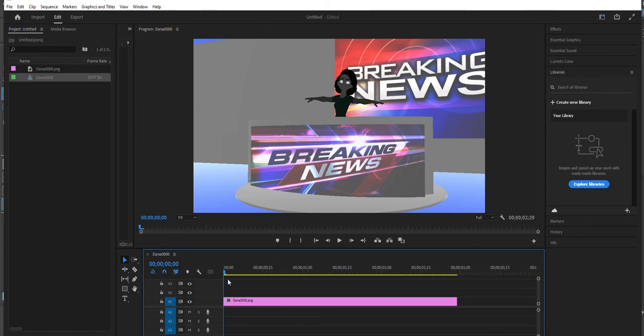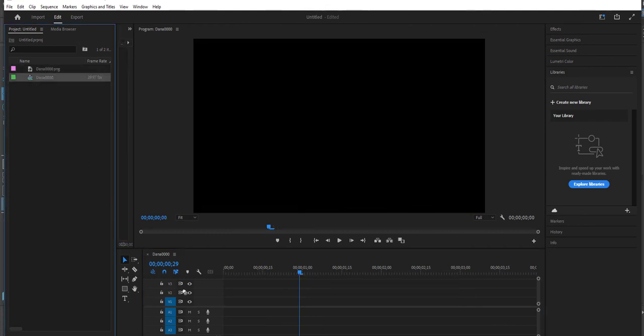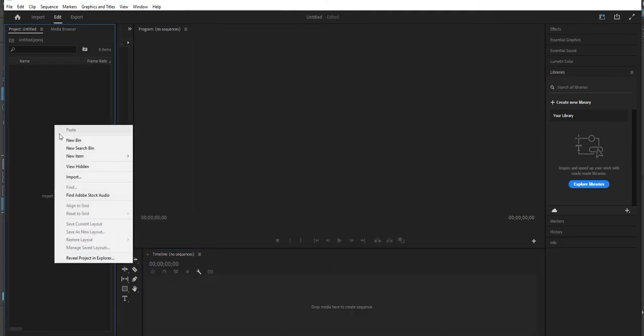And these are all the 20 images all strung together. No, that is one image all strung together. Oh, I just grabbed the thing. Instead of the thing, I grabbed the other thing. Why didn't it import the sequence? Alright, hold on. Let's get rid of this, because it's really important that you import the sequence and not the